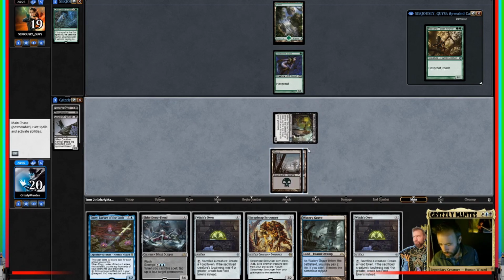As Mr. Loud Choo Choo Train passes, I was actually just debating between playing the Scrap Heap Scrounger and just going double Witch's Oven. Because there is that Haunted Dead in there. Double Witch's Oven, sac him, make food, bring back him, sac him, make food. Is that better than...